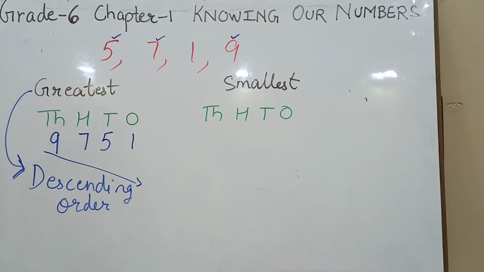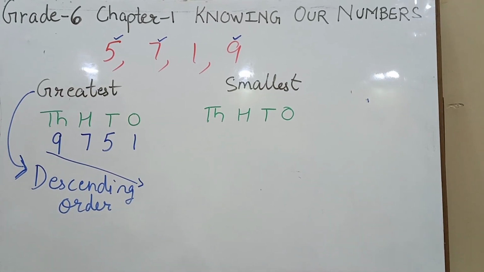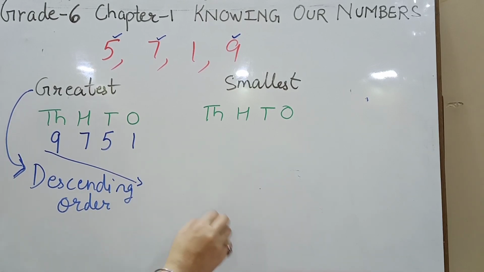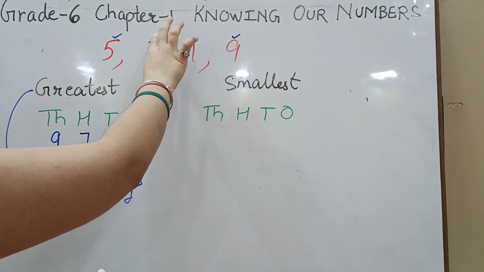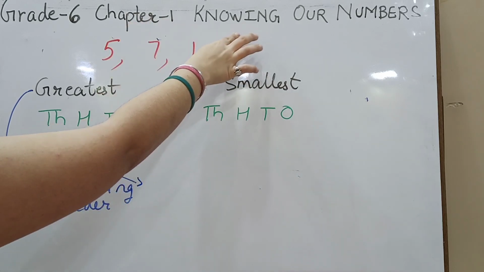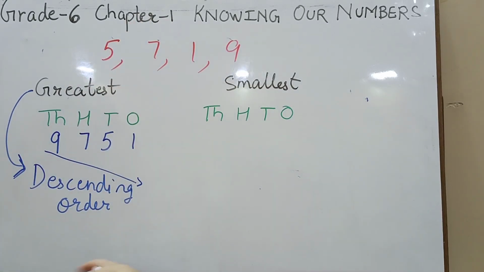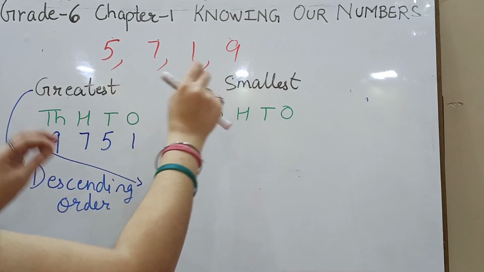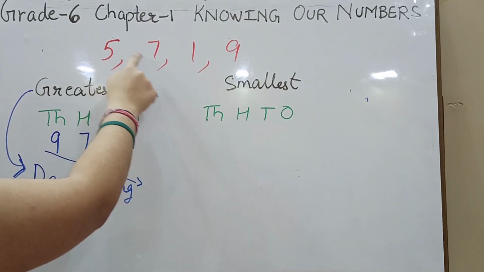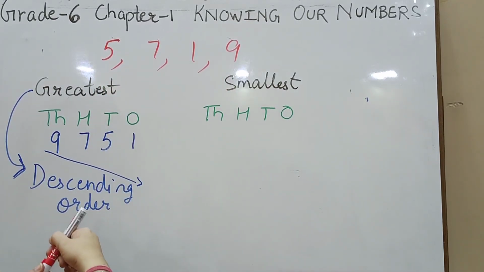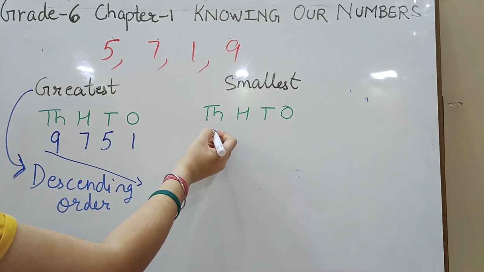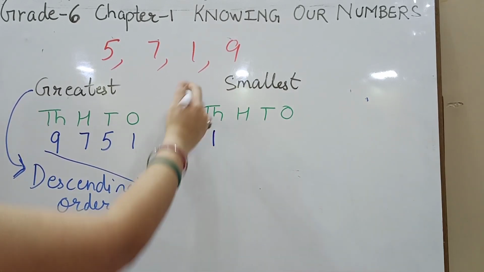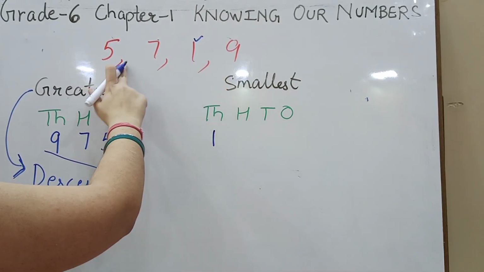अब smallest word से, by the term smallest, we need to understand smallest मतलब सबसे छोटा. तो अब जो given numbers हैं, you have got 4 digits, same digits. Now let us form the smallest one. Smallest के लिए हमें सबसे पहले इन सब में से सबसे छोटा नंबर निकालना है. 5, 7, 1, 9. Let us take out the smallest one. The first number that we are going to take out among all these numbers is 1. 1 is the smallest one.